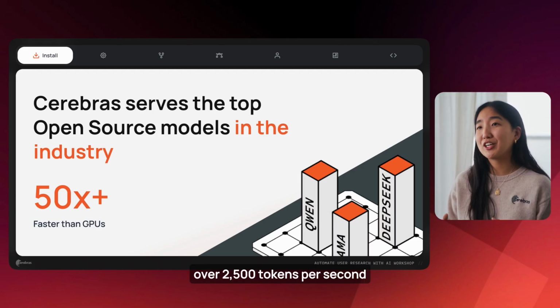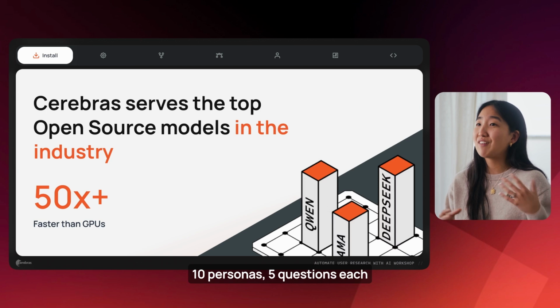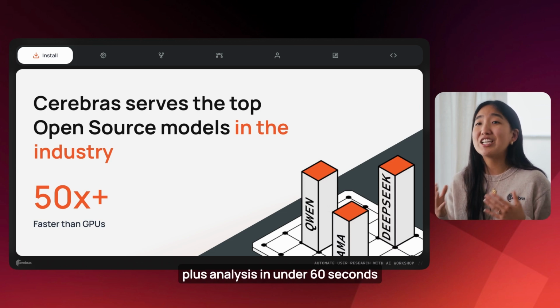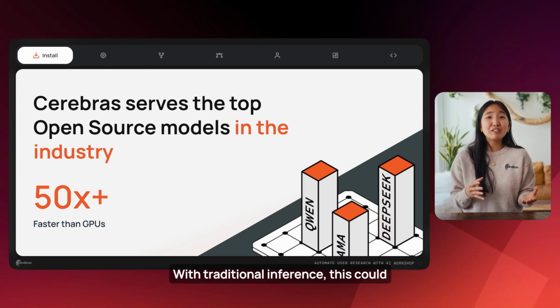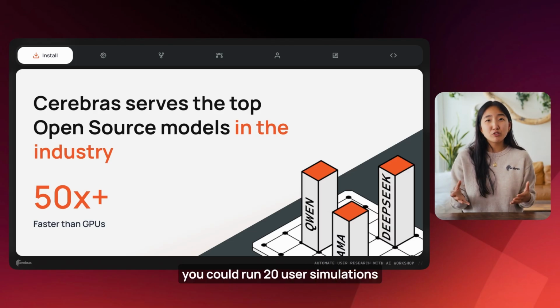With Cerebras delivering over 2,500 tokens per second, we can simulate an entire research study, 10 personas, 5 questions each, plus analysis in under 60 seconds. With traditional inference, this could take upwards of 20 minutes. So with Cerebras, you could run 20 user simulations in the same time it would take you to run one